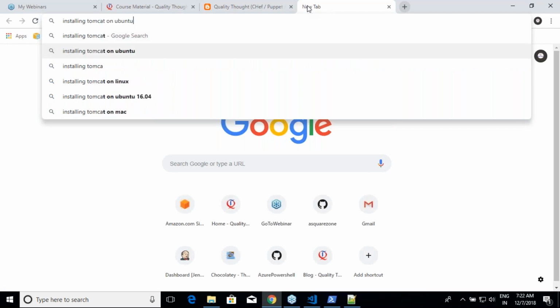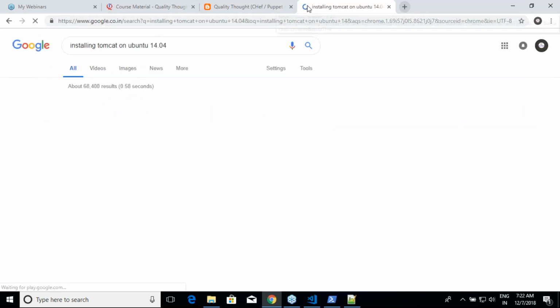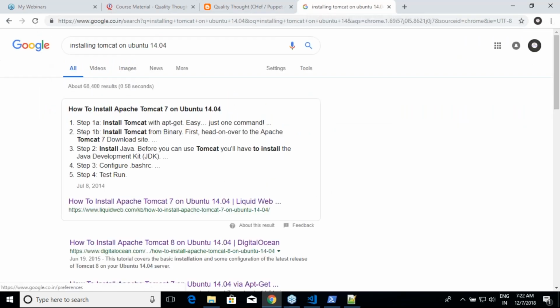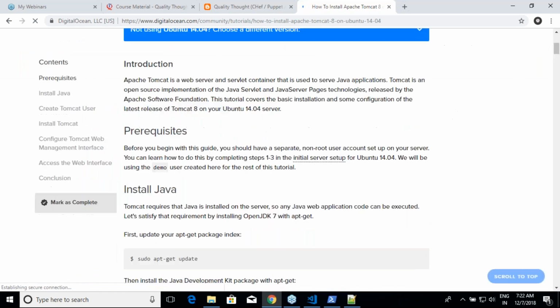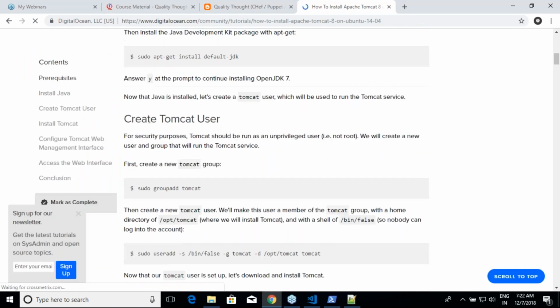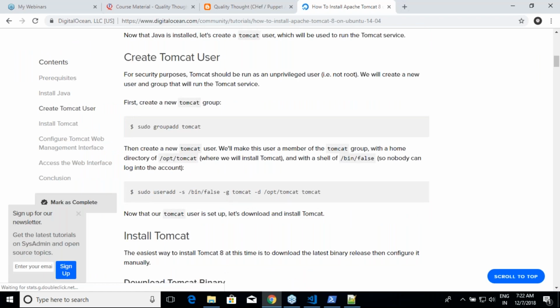Installing Tomcat. Let me do it on 14. It has been too many days since I did something on 14. This stuff I'll not do.